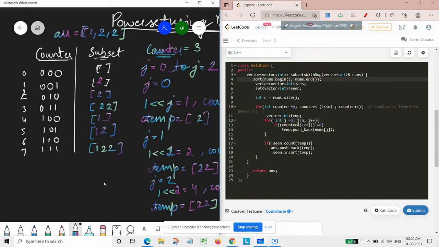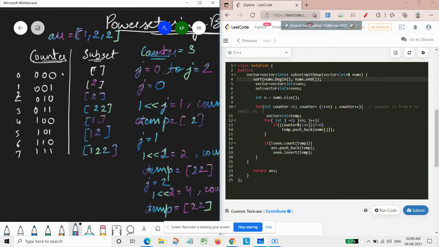So what we need to do is that we will have the counter, and the counter value would be simply from 0 to 2 raised to power n minus 1. So our counter value would be going till this.